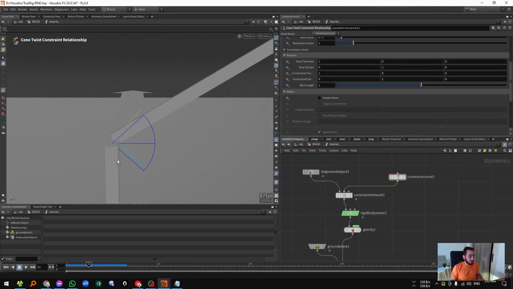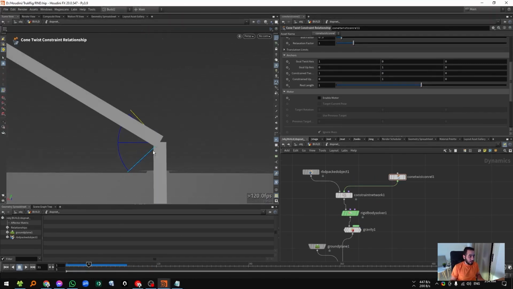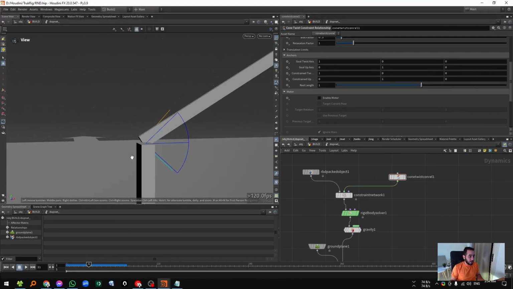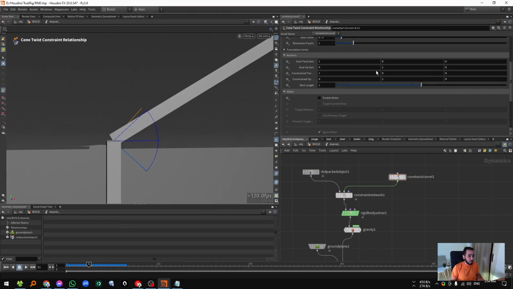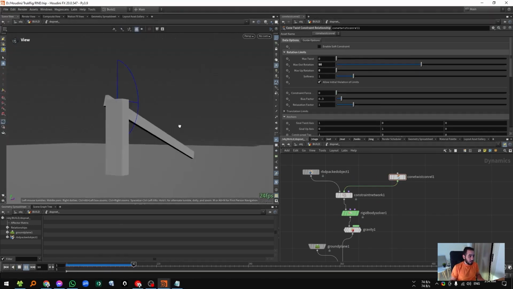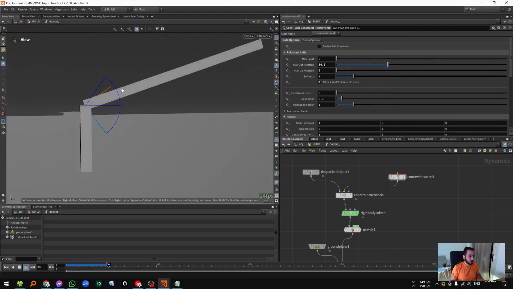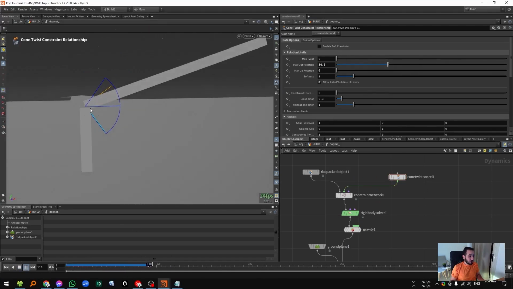It's not allowing this up axis to exit the angle I specified. So what if I make it 90 degrees like this? Yeah, it's not exiting the angle again, but I need to stop this